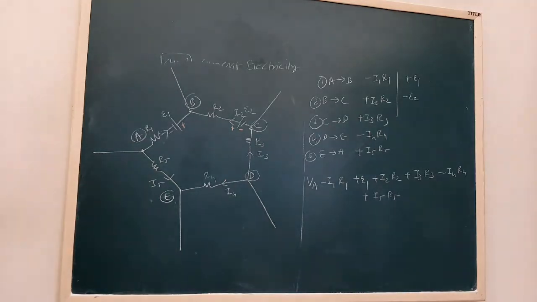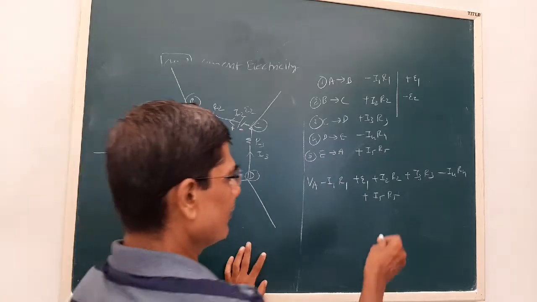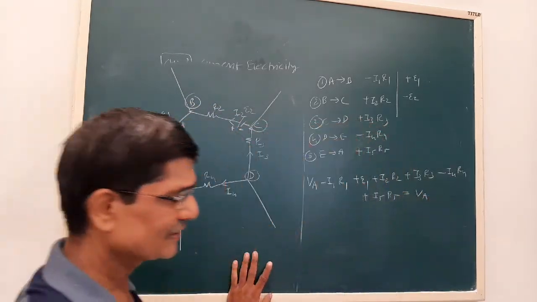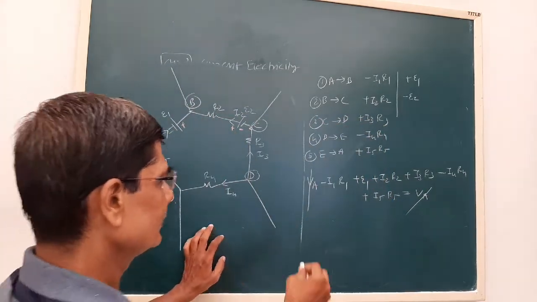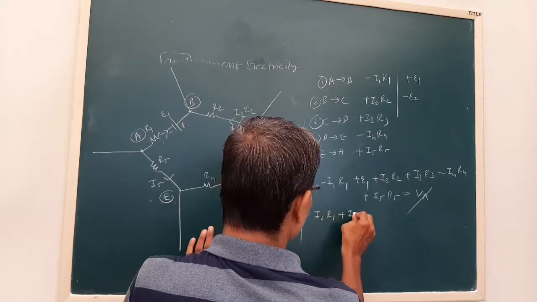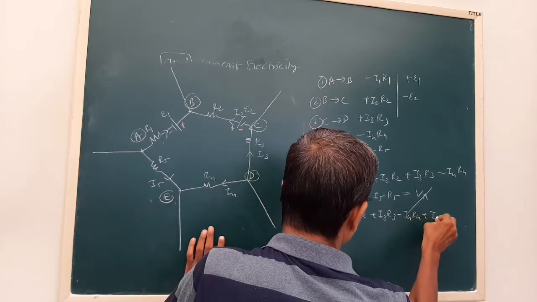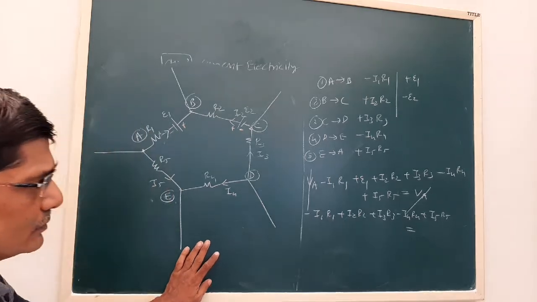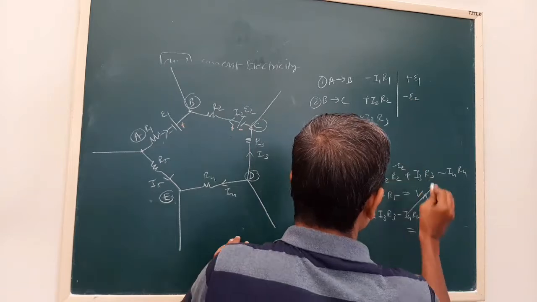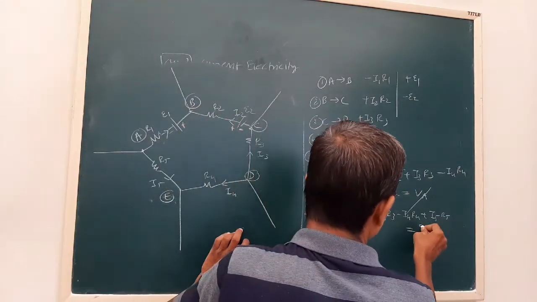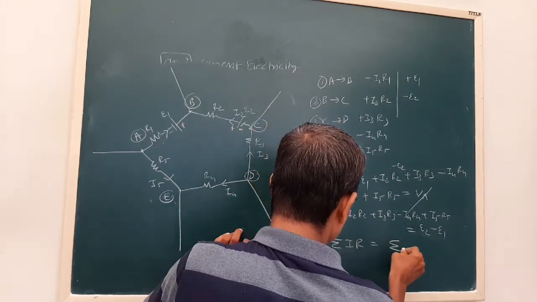Now see, the single valuedness says that whatever the potential was at A, that is VA, when we come back, the potential remains the same. That is equal to VA. So this is cancelled. So we can write minus I1 R1 plus I2 R2 plus I3 R3 minus I4 R4 plus I5 R5 equal to, now, here minus E2 is remaining, equal to, this will move to the right hand side and become positive, this will become negative. So in that case our sigma IR is equal to sigma E.